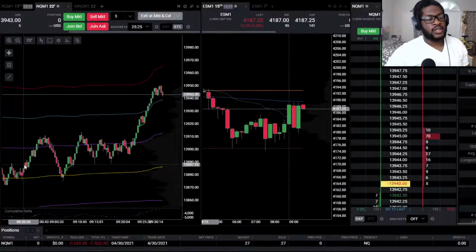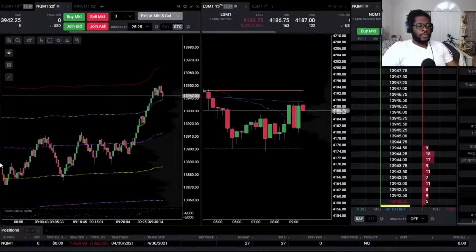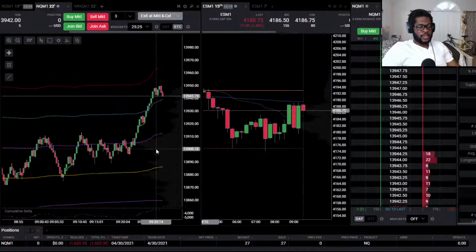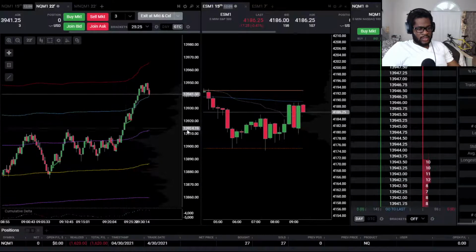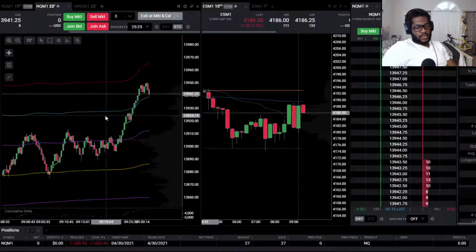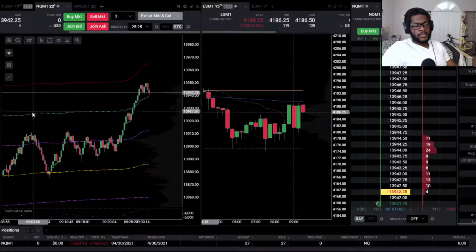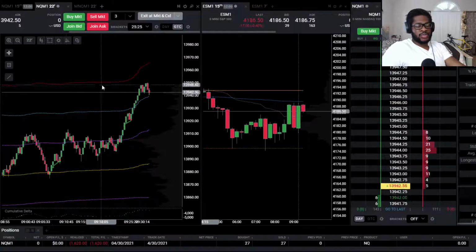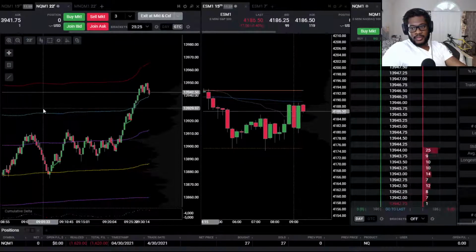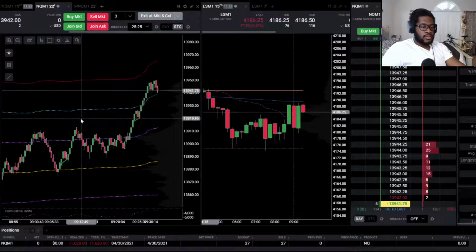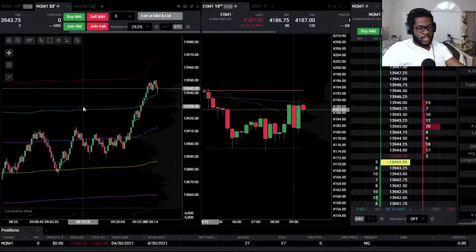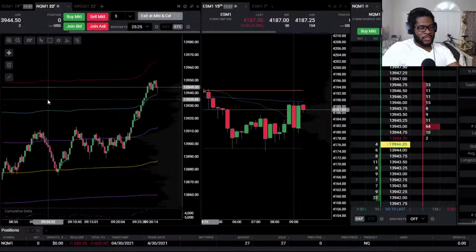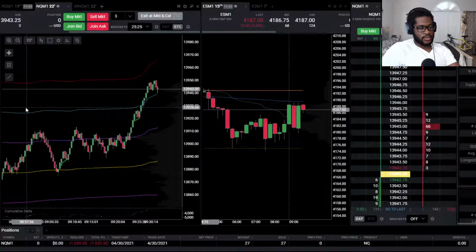Now the plan is look for the pullback, wait for it to hit something concrete, whether it's some sort of volume node or maybe it's the +1 and the top of the previous range, something. Wait for it to find some sort of support, and then start pushing up, and we'll just buy that. I think after this push, it's established enough of an uptrend and enough of momentum that I'm more comfortable leaving my stop far away. Not far away, but with structure.